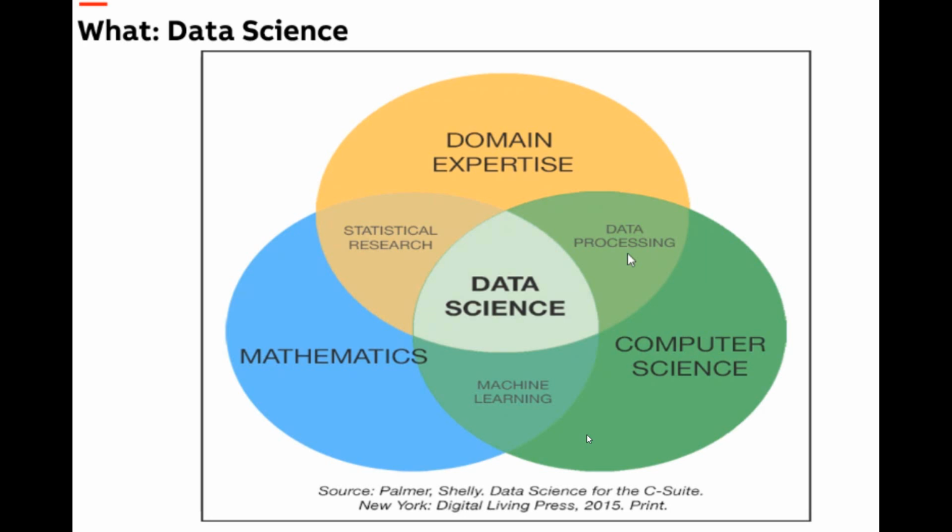So next is the slide about the data science domain. Data science is composed of not just a few domains, a lot of domains are involved in it. There is computer science, so of course we have to do programming. Then machine learning, mathematics, and domain expertise. Domain expertise is very necessary if you want to go into this field, because it will help you analyze the data. And then there is statistical research and data processing. These are all part of data science.